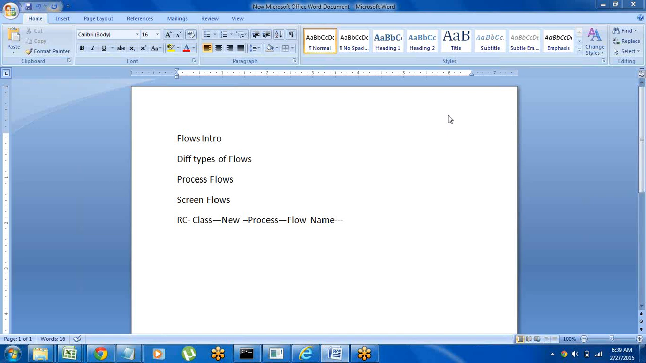Process flows. Another type is screen flows. Already told you, process flows. If you want to create a process flow, you right click on class, new, process, enter the flow name, and then